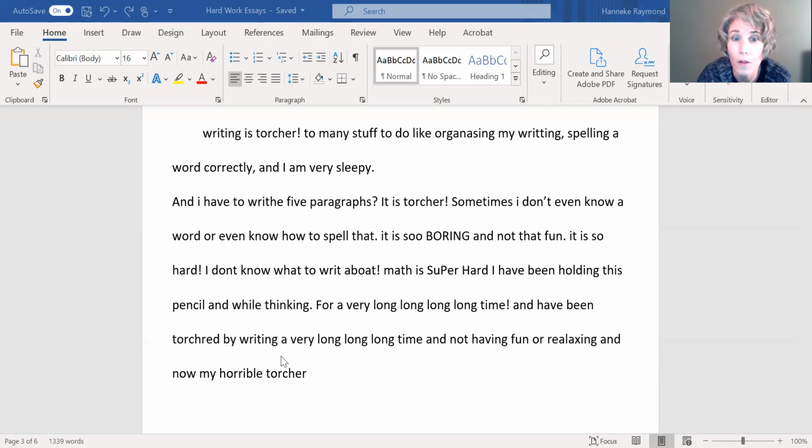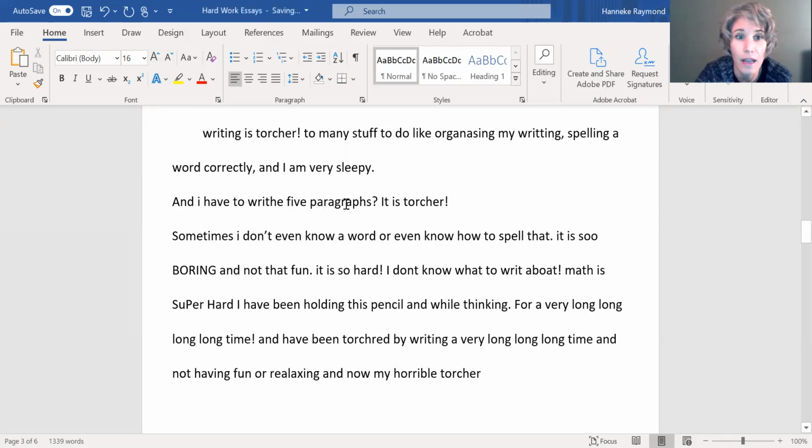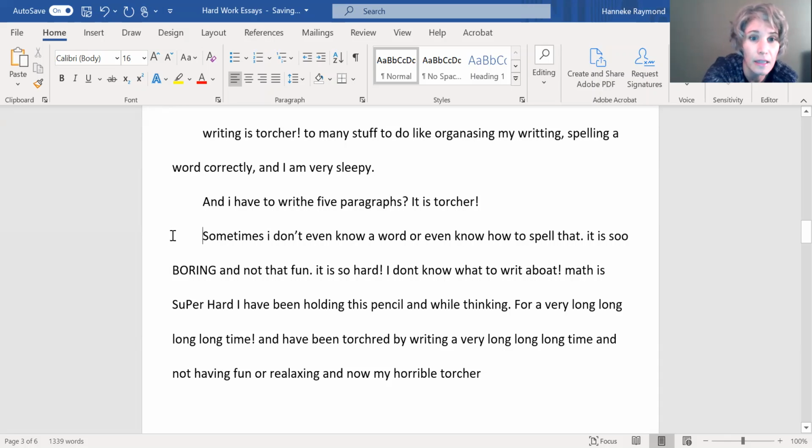Since this is one long paragraph, we see organizing the writing, spelling words correctly, and being sleepy are supposed to be the 3 paragraphs. "And I have to write 5 paragraphs. It is torture. Sometimes I don't even know a word or how to spell it." Oh, wait a second. That is supposed to be a new idea right there, a new paragraph, because that is her idea number 2 up here. So you see, just by adding down, indenting and pushing enter,